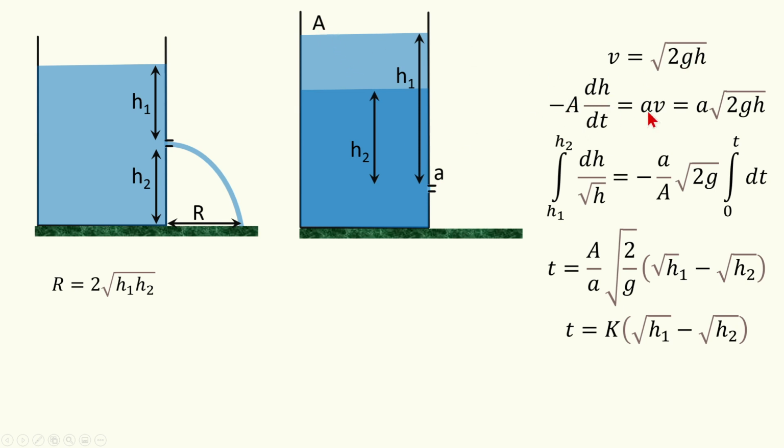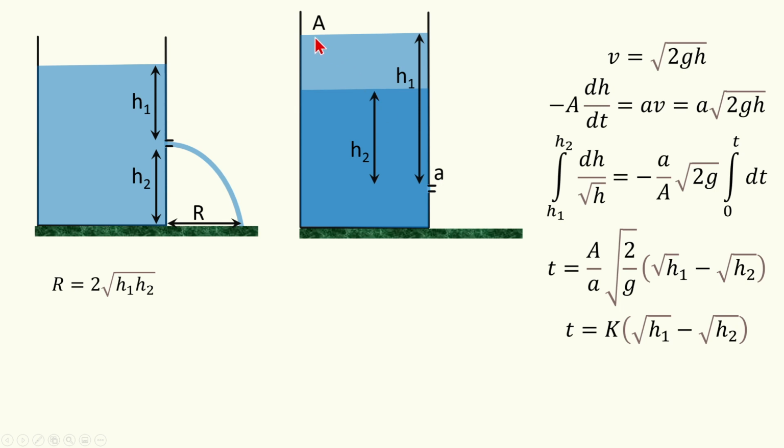And in the second step, we have applied the equation of continuity, right? Since this water level is receding, the liquid molecules at the top of the surface will also have some velocity, however small it is. So let's consider a tube of flow from here, where the cross section area is capital A, and here, where the liquid is just coming out of this orifice, the cross section area is small a, right? So a1 v1 equals a2 v2.